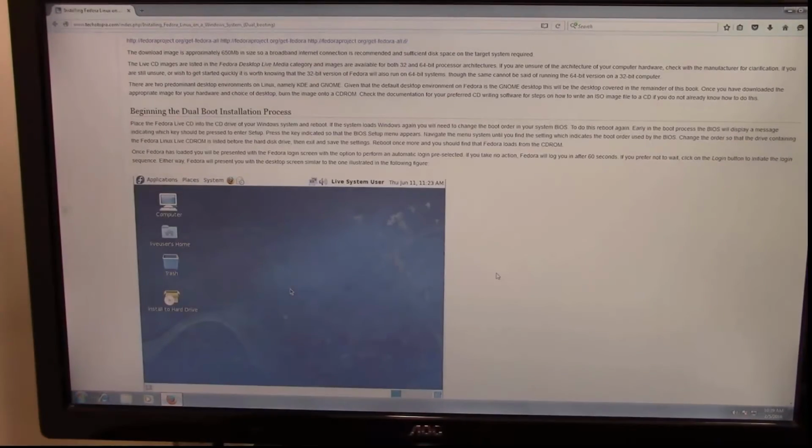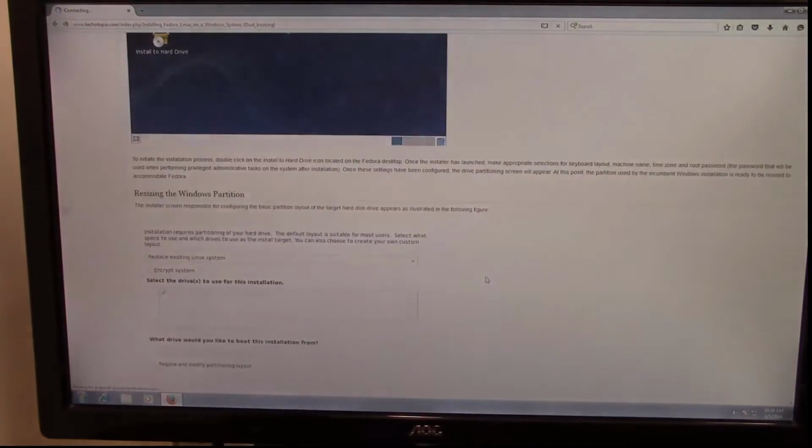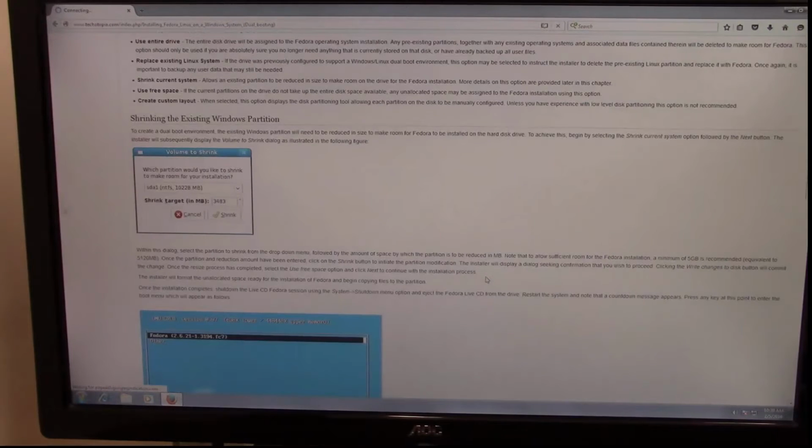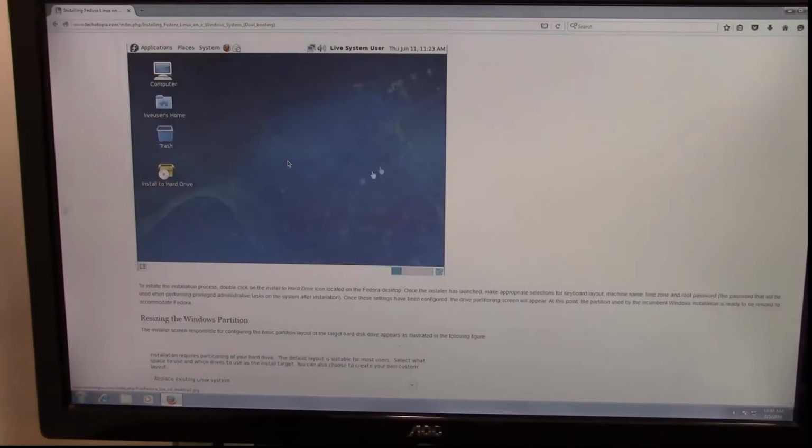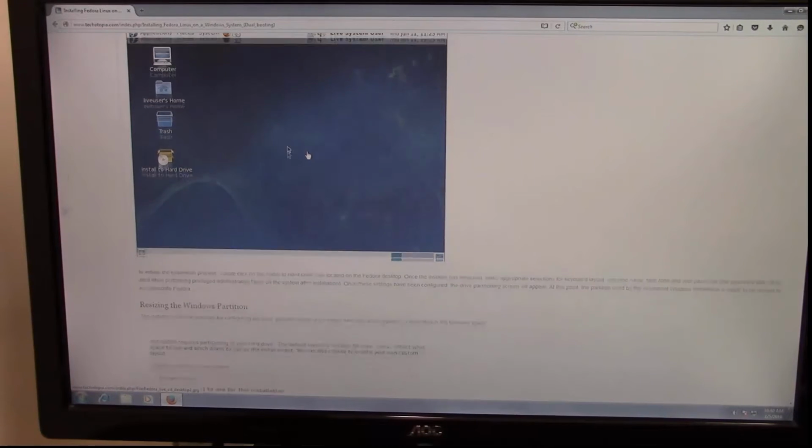And then you used to have to download a separate application to create the Linux partition, but now it looks like it's built into the Linux install disk. So you start it up to your live disk, your live desktop,